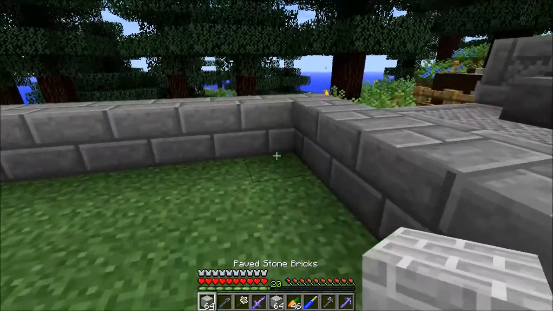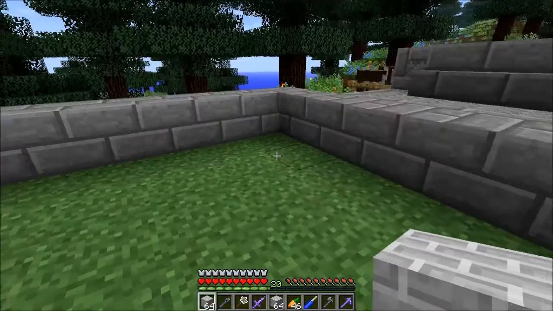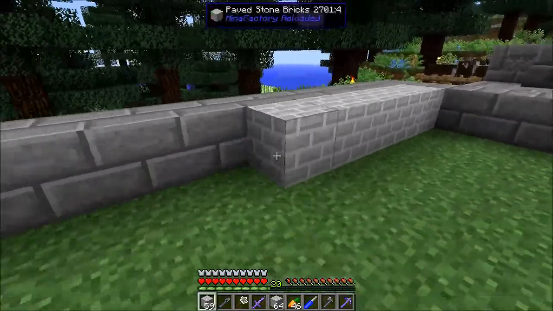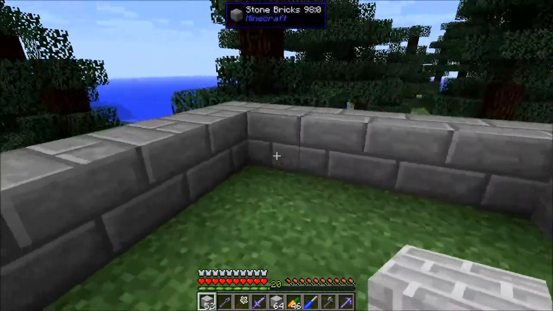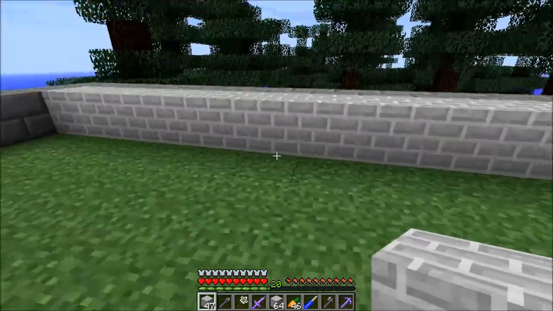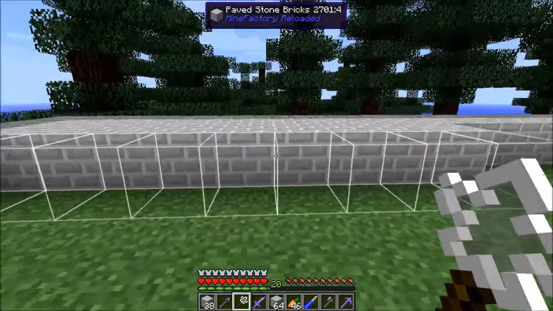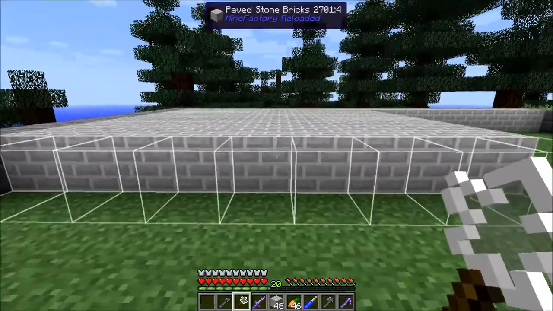So we'll go ahead and lay down the floor. I don't think we have enough. Maybe, I don't know. We'll see. Anyways, lay these guys down like this. I want the whole floor to be this. I may change it down the road, but we'll see. So using the builder's wand, we can very quickly...